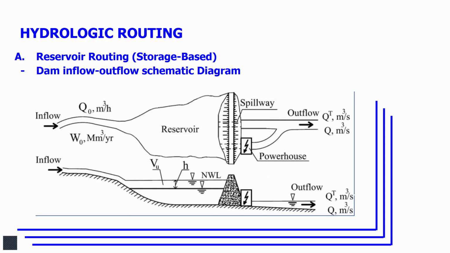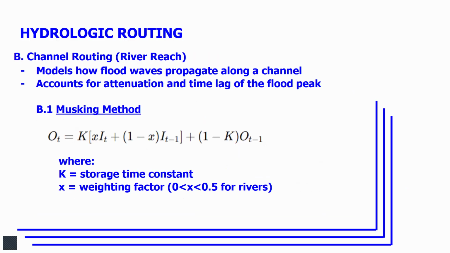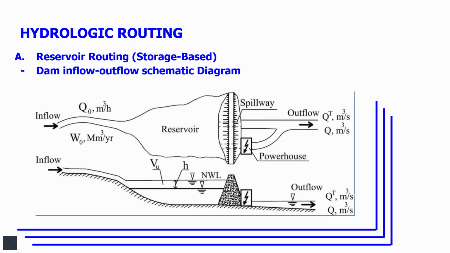So in hydrologic routing, there are also two types, which are reservoir routing and channel routing or stream flow. So reservoir routing. In this diagram, we can see the inflow, dam, outflow schematic diagram. So this one, with the use of a dam or a structure. So with the structure, you can see that there is